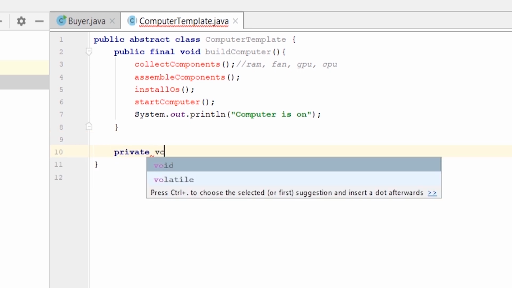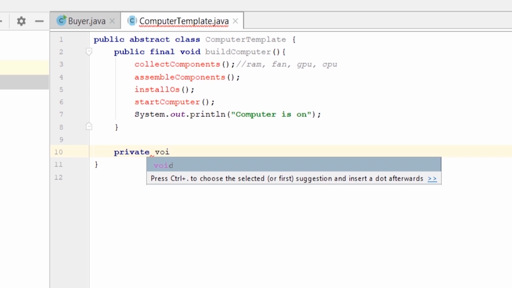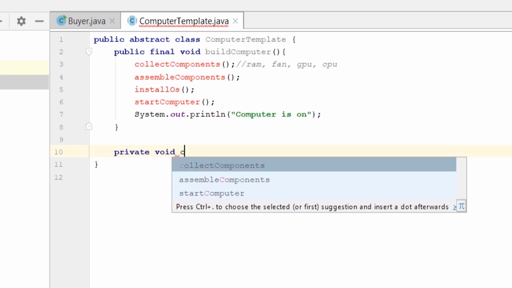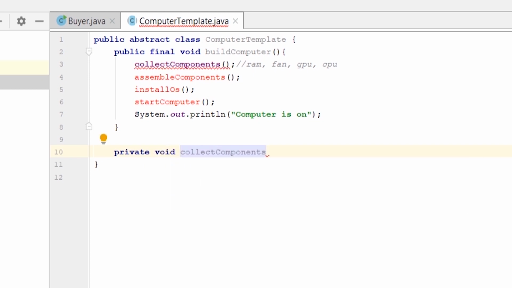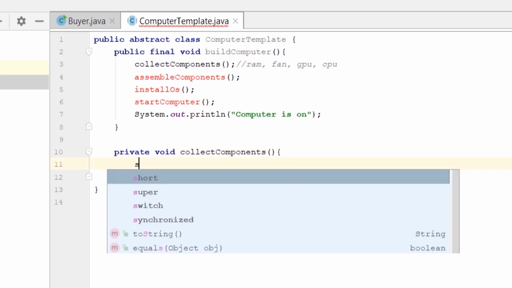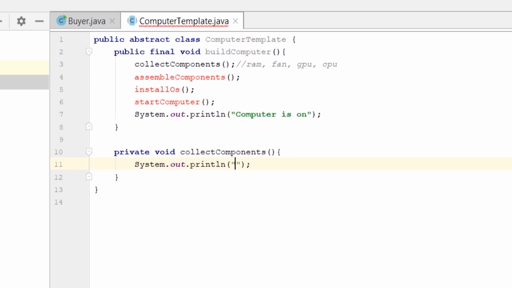We will define the basic common functionality in this class itself, like collect component, computer with 4 GB RAM, 1 TB hard disk, 4 GB graphics card, and 4 USB port.